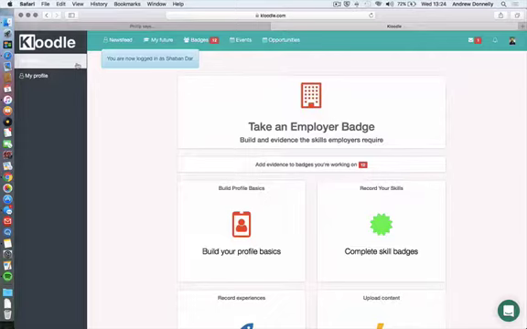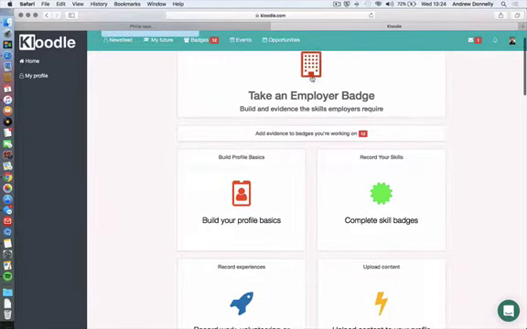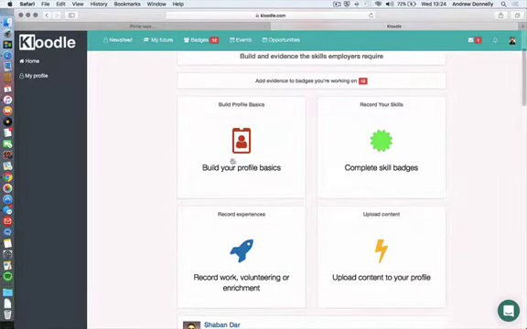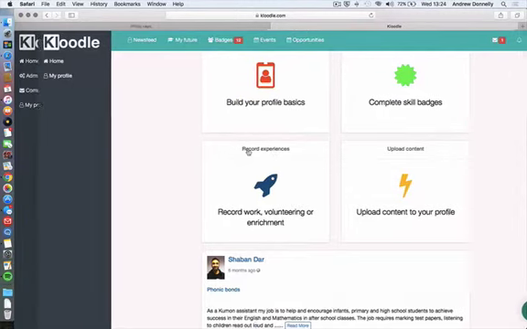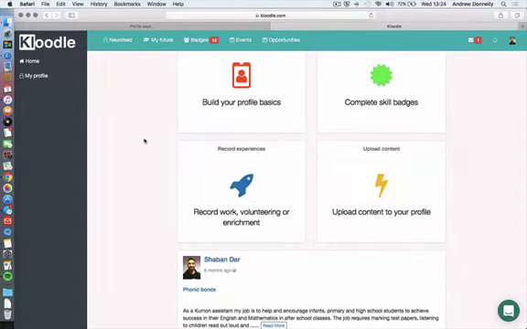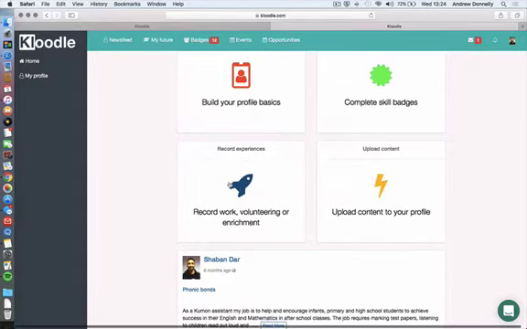So once you're logged in as a student, this is the type of screen that a student would see, very similar to the one the staff sees. They can take an employee badge, they can build out the profile basics, complete skill badges, upload content to your profile, or record work, volunteering, or enrichment. So this is where the record experiences section is where students go to if they want to create a new entry for work experience, and they can keep adding to that work experience folder for the whole lifetime of their profile. So let's click on record experiences,